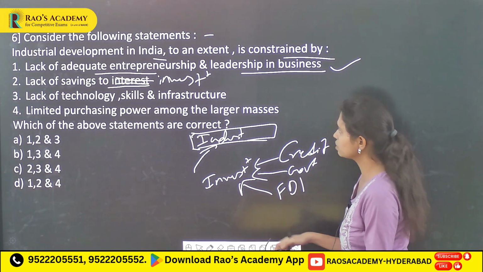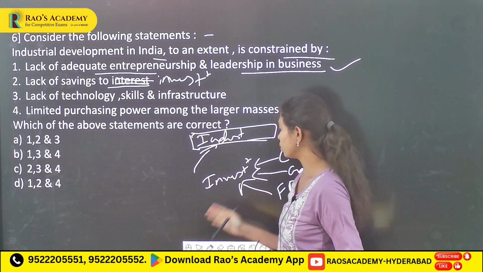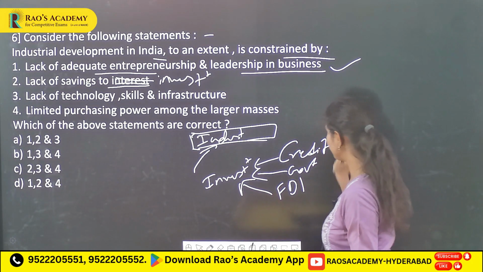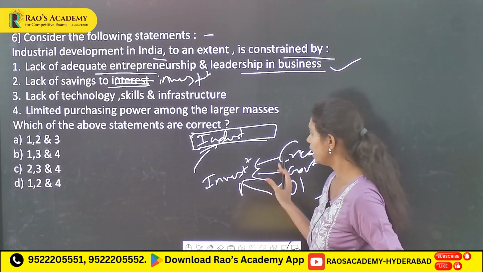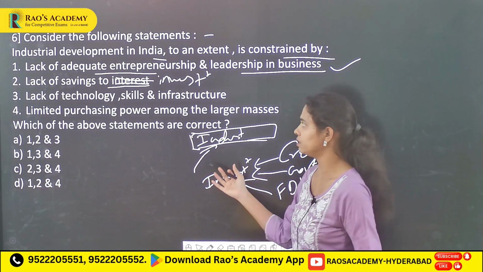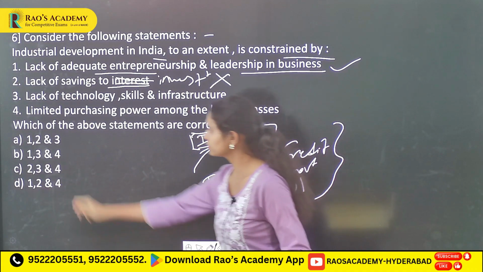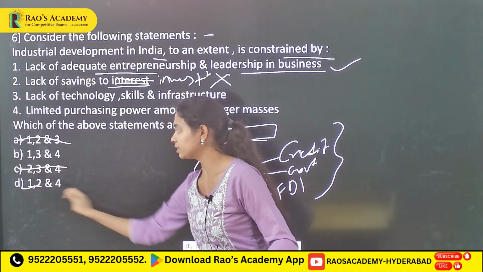So investment does not solely depend on the savings. There are different other sources also which will help in investing in a particular industry. So the second one is going to be an incorrect one, then followed by, so without reading 3 and 4 we have reached the correct one,